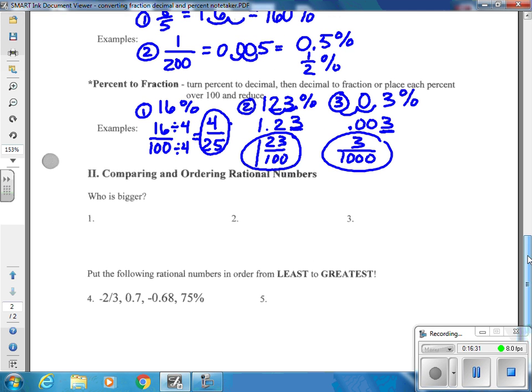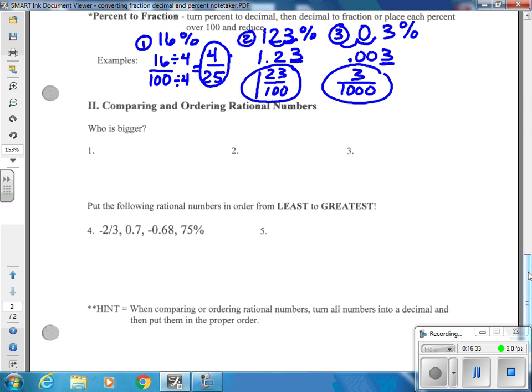All right, for this last section of your note taker, it's going to be determining who's bigger and putting them in order, which we'll do a lot more of in class, right? But I just wanted to give you a taste of what's coming. You're going to use the less than, greater than, or equal to signs when it comes to who is bigger. So if I give you two fractions, 5/6 or 7/9, and we want to determine who is bigger,